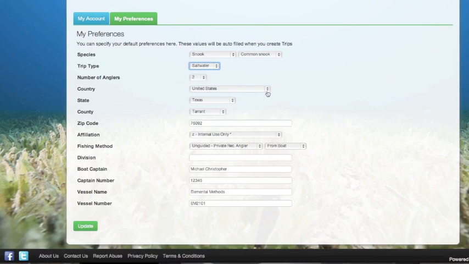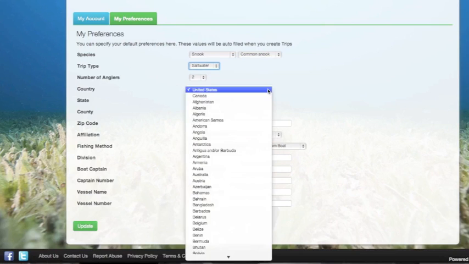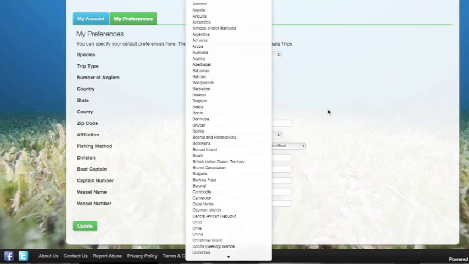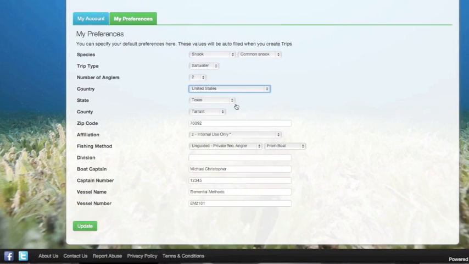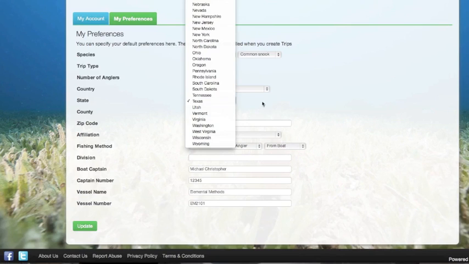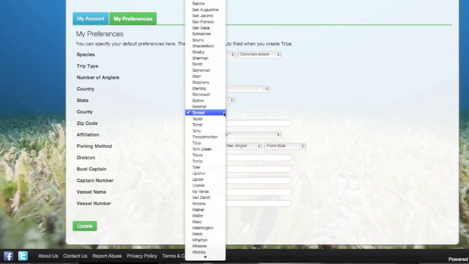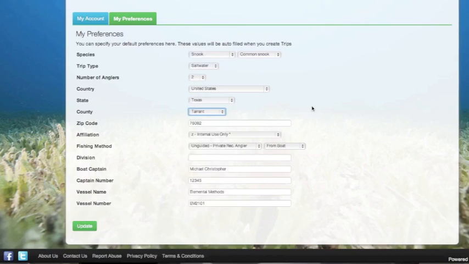Something new to Angler Action, the original program was developed for tracking information in Florida. We've expanded the program to now be a global program. You can specify your country, and if you're fishing in the United States, all 50 states are now loaded into the system, along with all of the counties in those states. I live in Texas and Tarrant County, so that's what my default is set up on. As I travel to other states and fish, I can change that